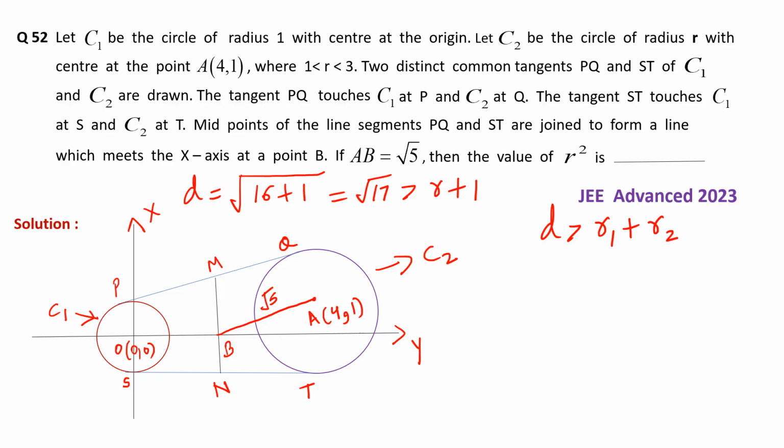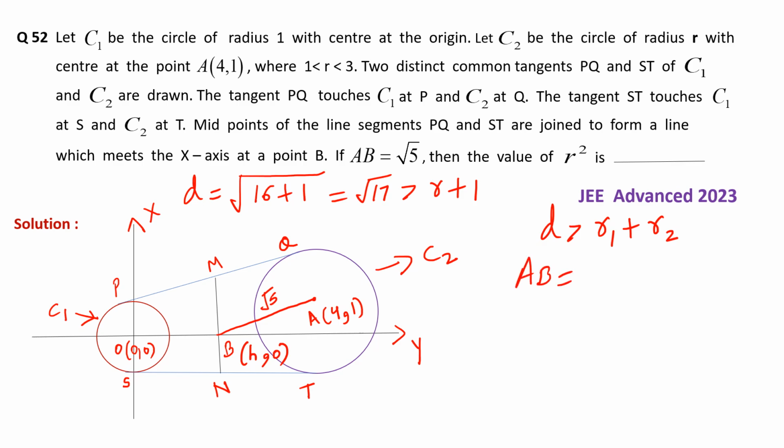The main point of this question is that the line joining the midpoints of these two common tangents, that is MN, is intersecting the x-axis at the point B. And the coordinates of the point B are not known to us. So I am considering the coordinates of the point B as (h, 0). Now to find the value of h,